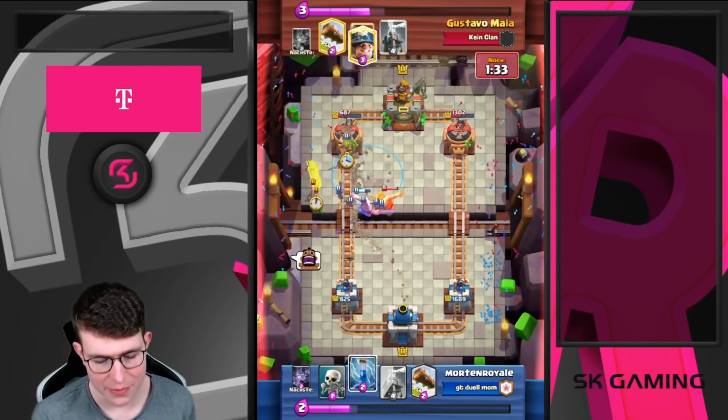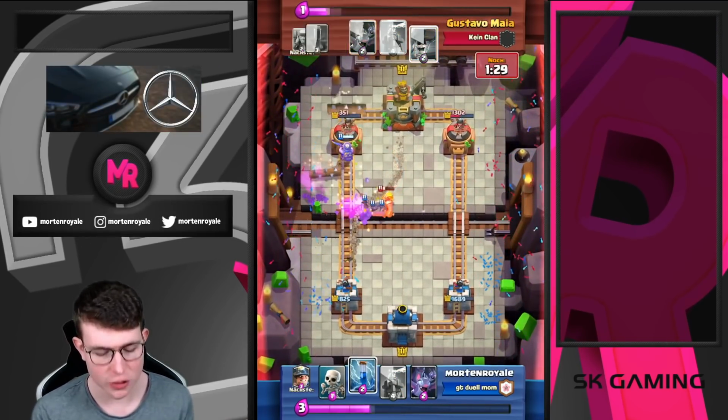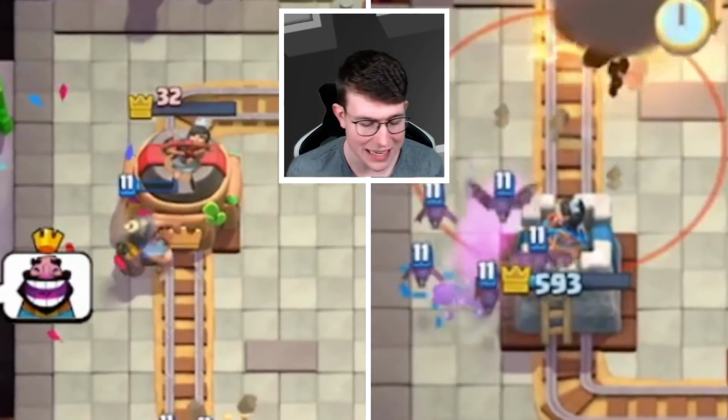So I'm just gonna go for another minor here. I'm just gonna go for the EQ here. I'm just gonna go for the log, and as you guys can see, the minor is completely chipping away, and this looks like it's going to beat. I'm just gonna go for bats here. I'm just gonna use my Zap on defense just to make sure, or like a Tesla, just to make sure